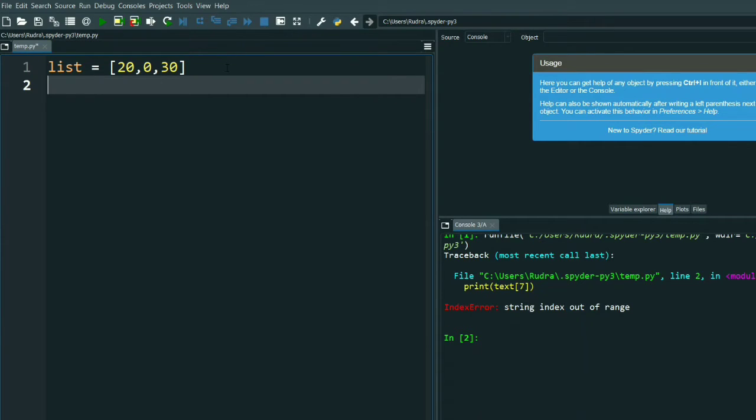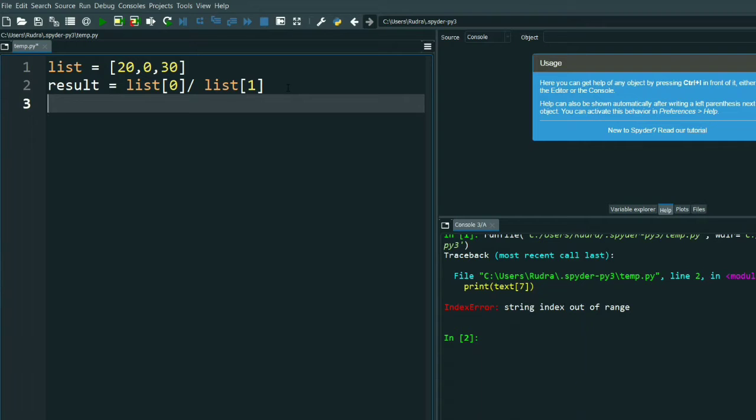I have taken a list. Now I want the result equals list 0 divided by list 1.